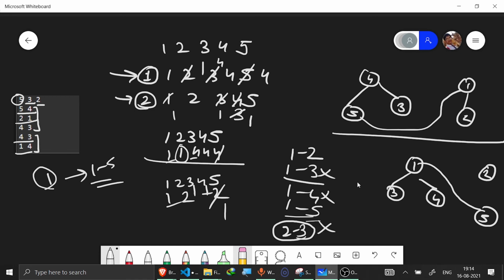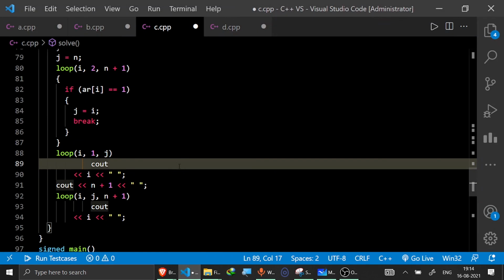So this is qualified. And this I would just do it because if you know Kruskal's algorithm, it also works in the same way. Because if any two nodes are in the same component, and if I add an edge between those two, then I would definitely have a cycle. So to avoid that, I would definitely just skip this, and this I would do for every pair, and the answer comes out to be a valid answer. And I would just store all the pairs in the vector of pair and then just print them out.